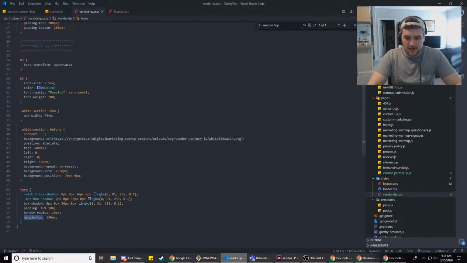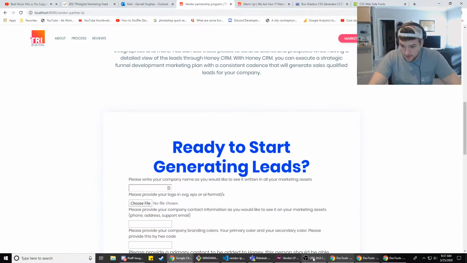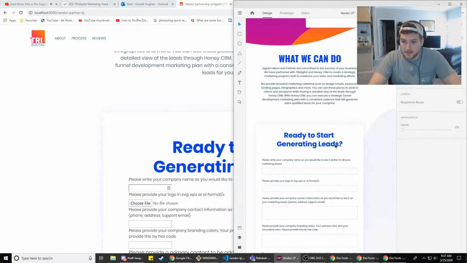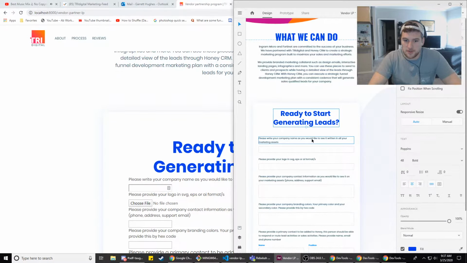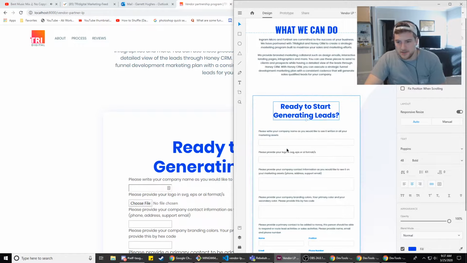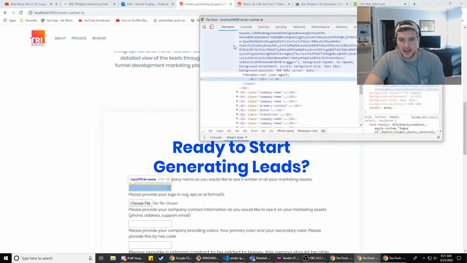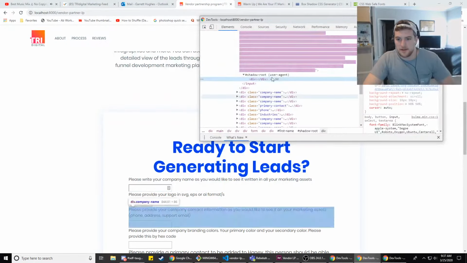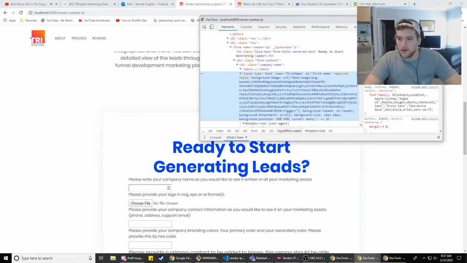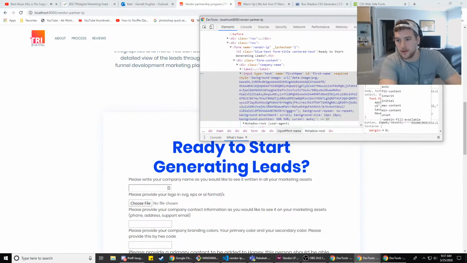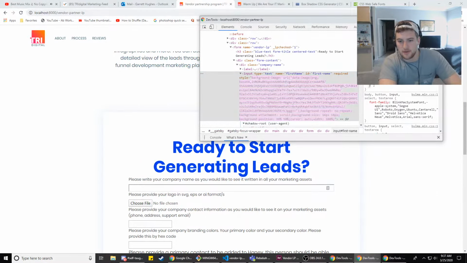And then we save that, and then we got our margin on the top there. And then what else do we need? So that H3, we need the inputs to be 100% width, right? So if we do that, and then we grab the input, where's the input? There we go. And then we'll do width 100%. Cool, so that looks like it works.